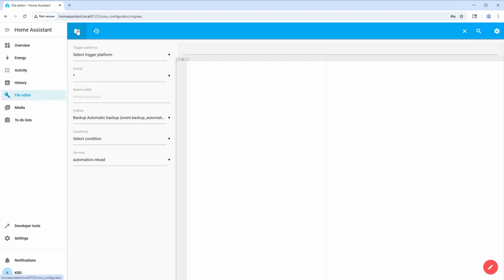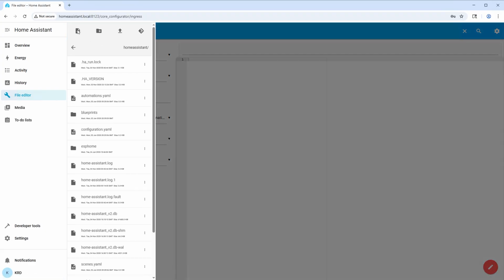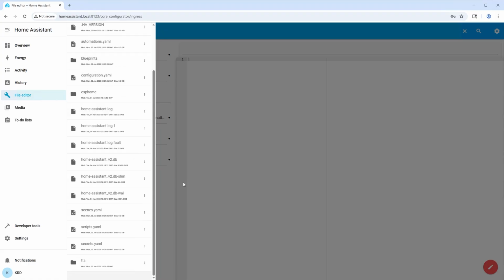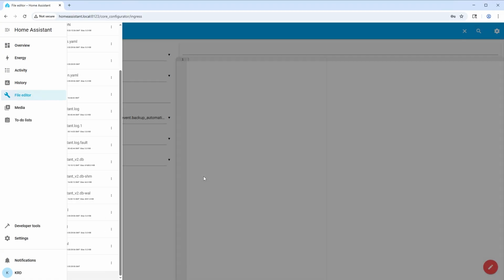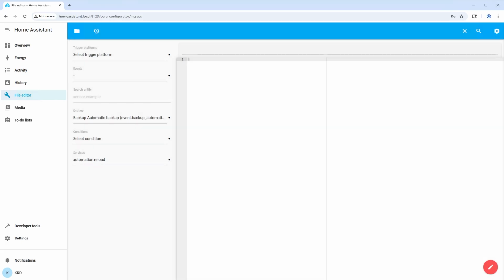To get started, click the folder icon in the upper left corner, and from here you can access or create files and folders. If I scroll to the bottom of the list, you'll notice that from the File Editor, we can also access the HomeAssistant secrets.yaml file, which is something you'll potentially interact with a lot if you get deeper into the HomeAssistant experience. For now, I'll click away from the File Editor flyout navigation pane to close it,